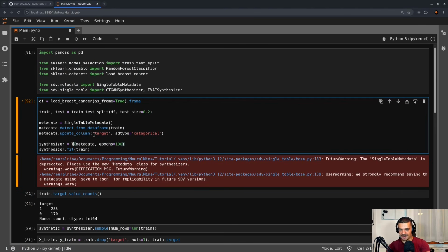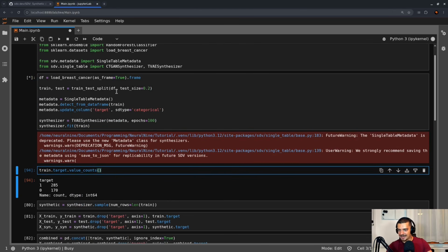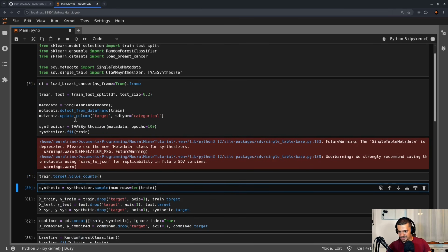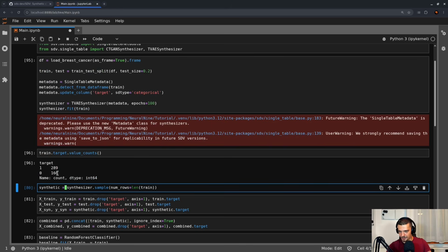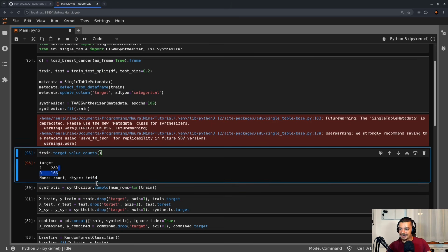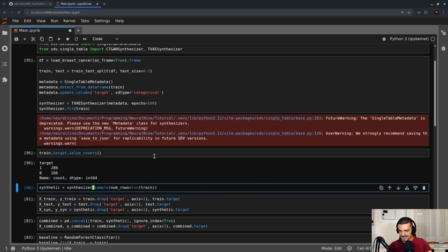For this, let us go back to the variational autoencoder just so we get better performance. Let me run this again because now we have a different split. Now we have 166 and 289 here. And we're going to generate synthetic data, but this time I'm going to generate more, because remember the variational autoencoder doesn't have the conditional capabilities. We cannot force the target class to be 0. We cannot do that as a functionality of the architecture. So we're just going to generate 5 times the amount of training data, and we're going to filter specifically for